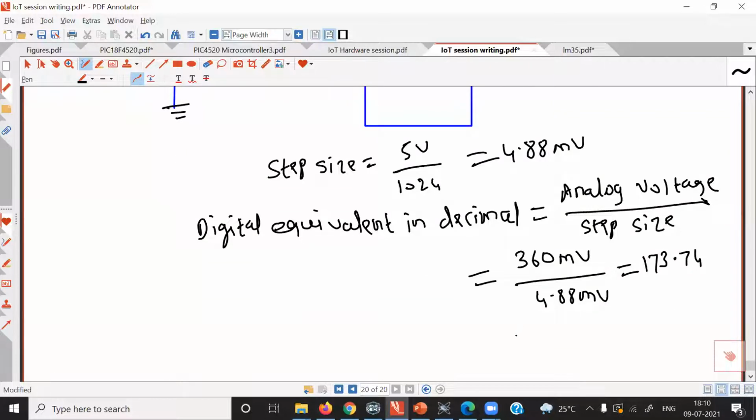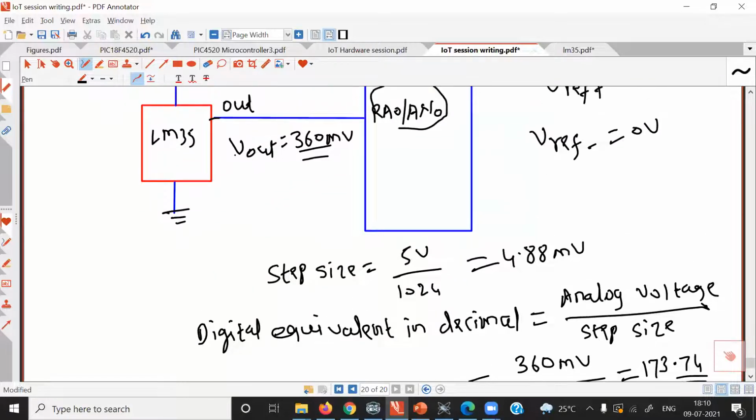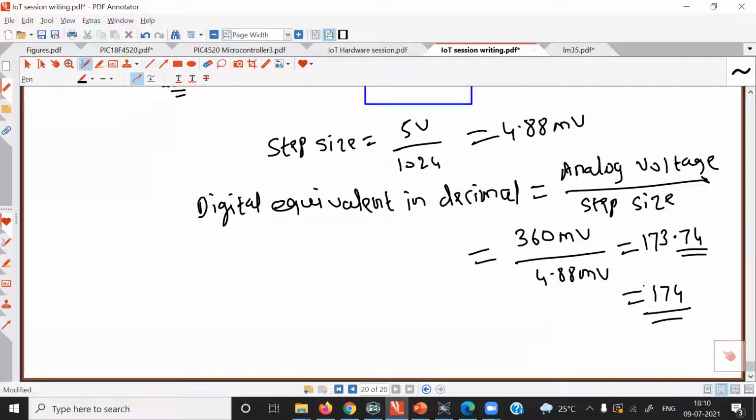So the on-chip ADC will give the result after rounding off. The on-chip ADC will give a result of 174. So when the temperature is 36 degrees Celsius, we get a decimal equivalent equal to 174 after converting the analog voltage into a digital number. And now what do we want to display?